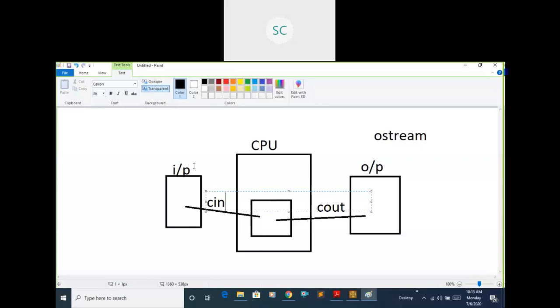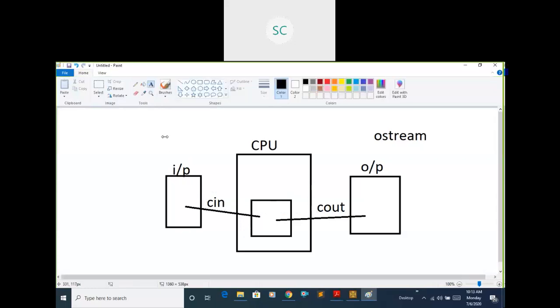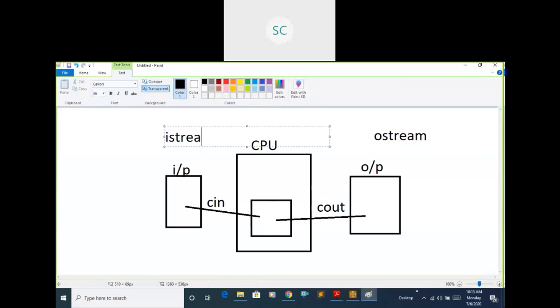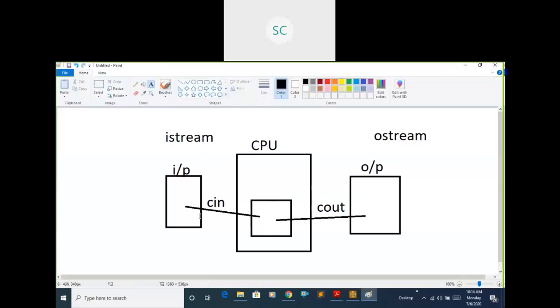This cin is available in the istream header file. If you want to transfer the data from input devices to main memory, we use the cin object. If you want to transfer the data from the CPU to output devices, we use the object cout.